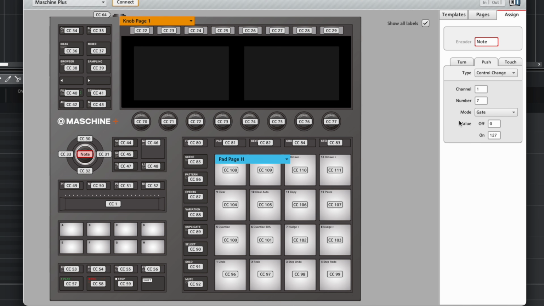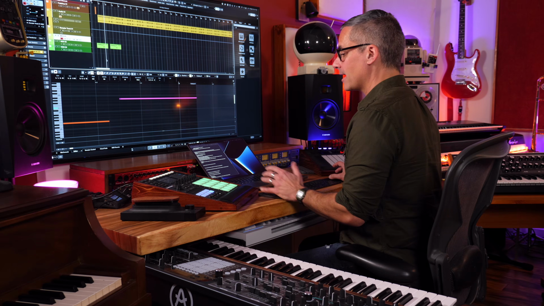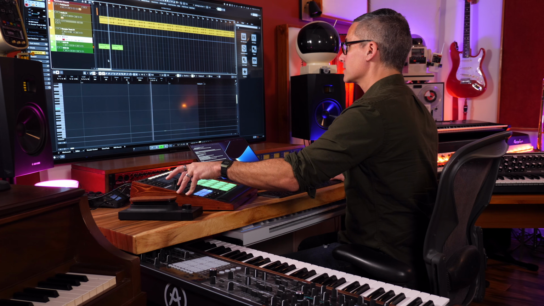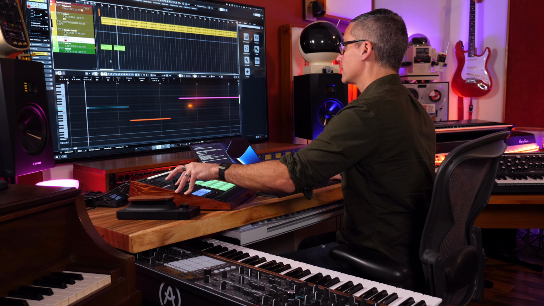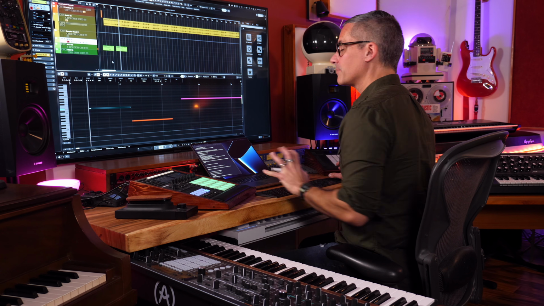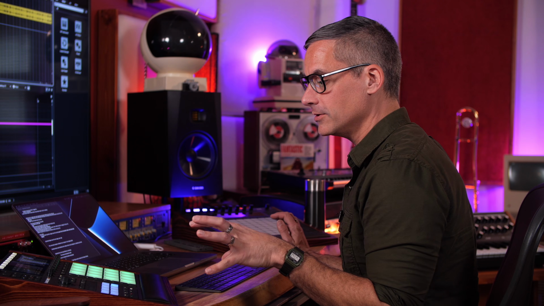So make sure you click on note and then change that push to gate. We already went and changed turn to note at the beginning, but now you make sure that the push is set to gate. And now we should be good to go. Let's see, play, stop, play, stop. Perfect. Okay. So now what I'm going to do is I'm going to open up my finished template